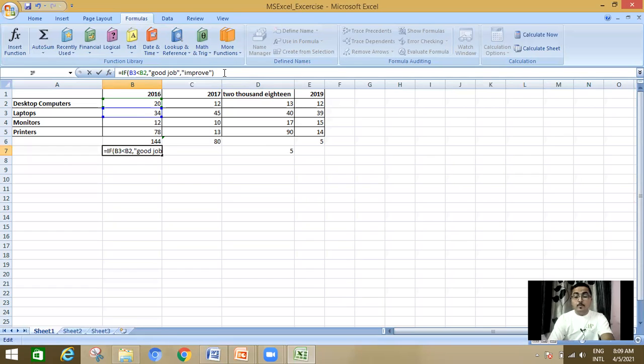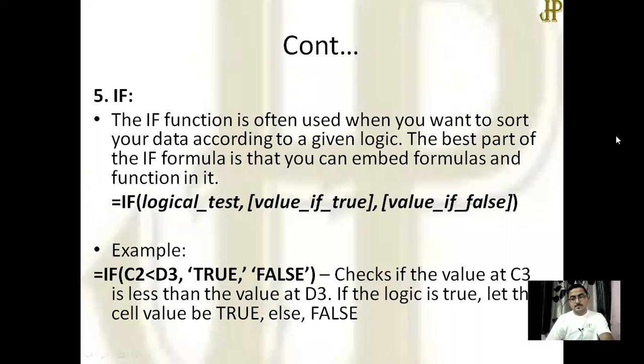Then improve should be printed. So let's see here. You can see that improve is printed. So based on your requirement, you can make some decisions using logical formulas AND, OR, NOT, IF. Okay.